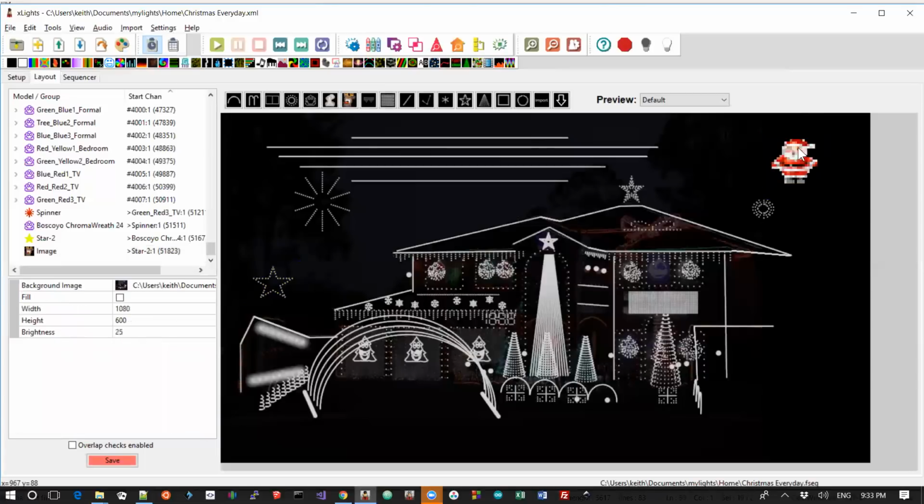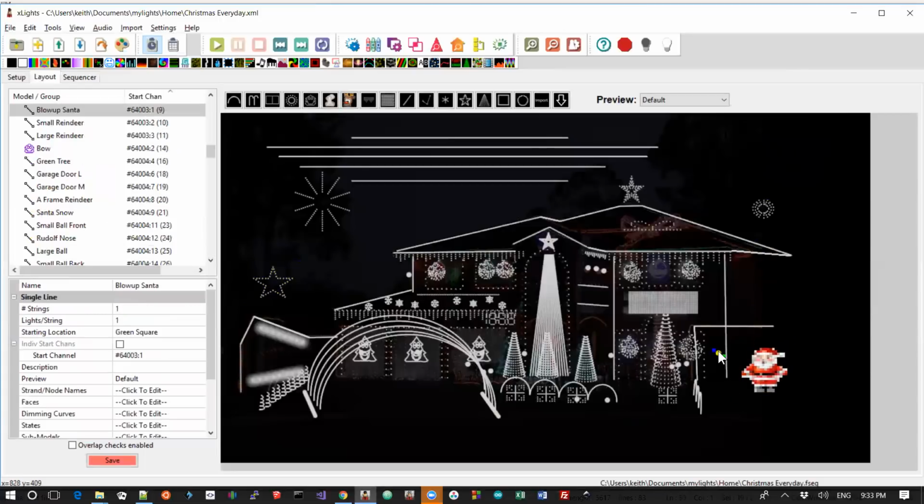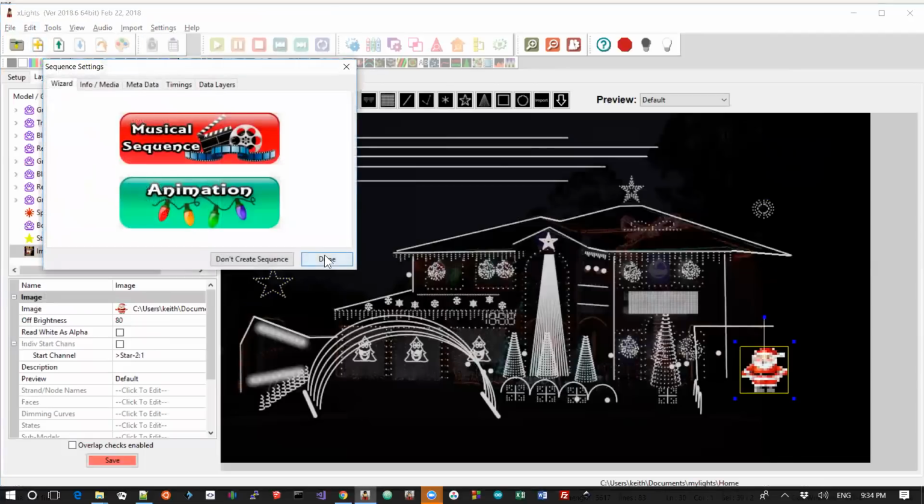So the place that you use this, this might be my blow up Santa. And rather than, as I've done here with a lot of my other dumb models, just putting a dot, this dot here is actually my blow up Santa. There he is, my blow up Santa. So what I can do is have this thing as my blow up Santa, and if I go to sequence it,